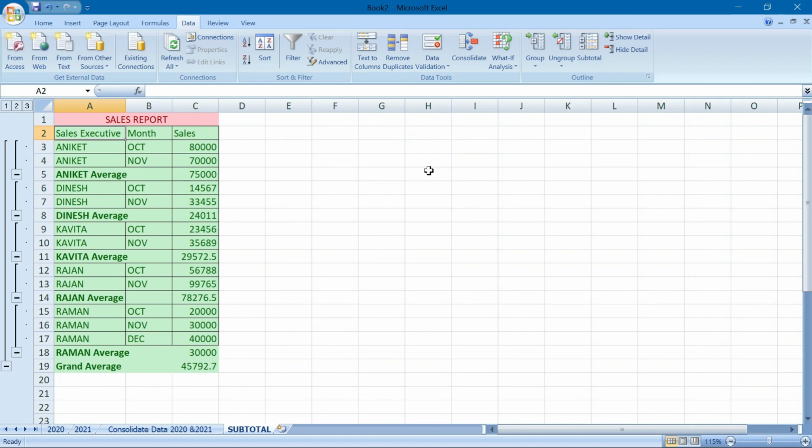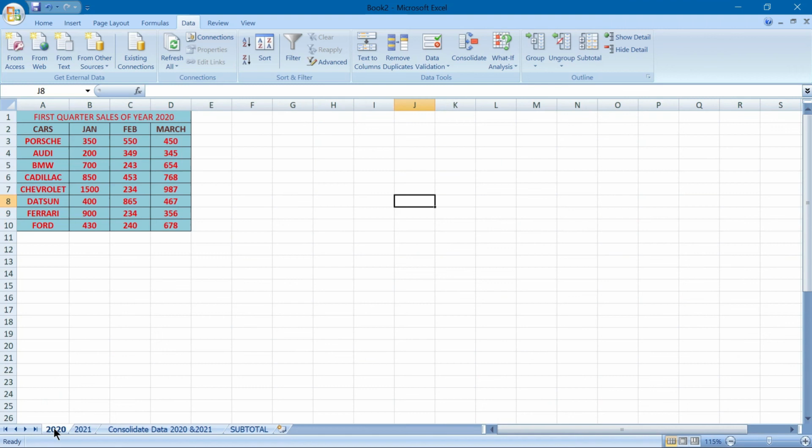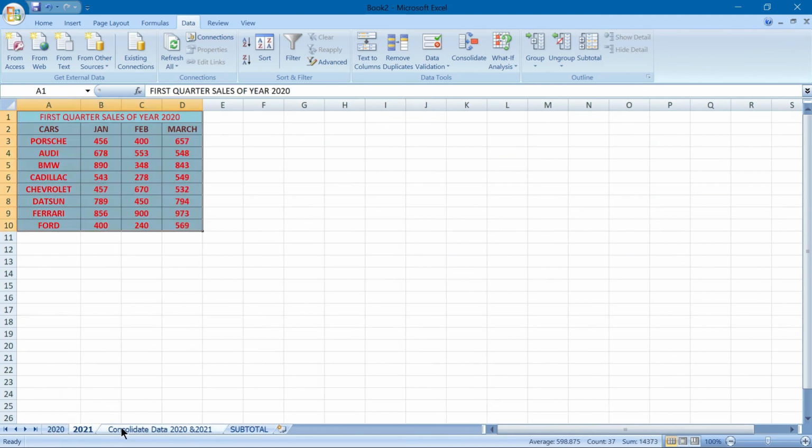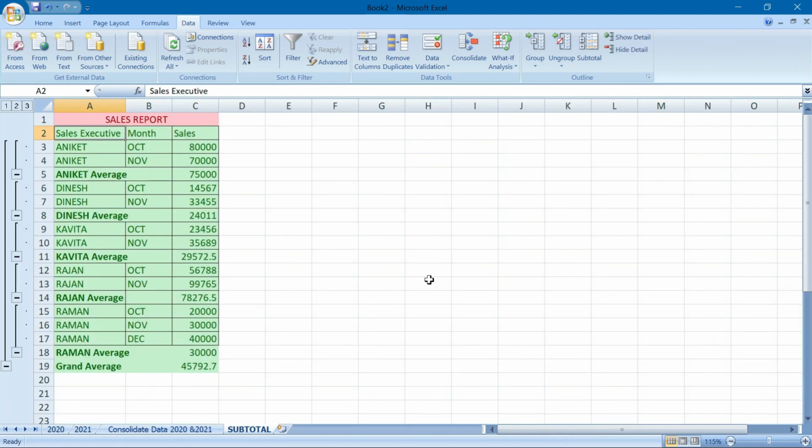One thing I would like to urge you is that you must do this practical, and definitely I think that is a very easy thing. First you take the sample data as I have taken and then practice it. So definitely you will learn something extra in Excel. So this is actually a part of data analysis.